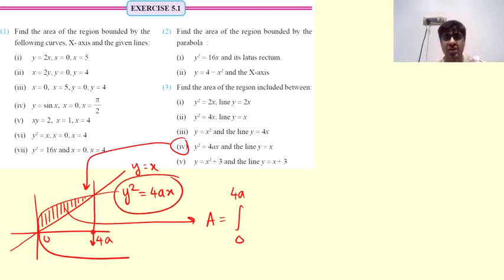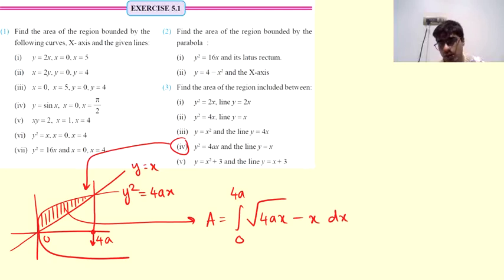The parabola is y square equal to 4ax, so y will be root over 4ax. From that we subtract y for the line, which is x dx. Root 4, we will prefer to write that as 2, and then we have root over ax. So this becomes 2 root a, which is a constant. Then integration of root x will be x power 3 by 2 upon 3 by 2. So upon 3, and that 2 goes up, gets multiplied with the 2 here and makes it 4. Okay, this goes from 0 to 4a.